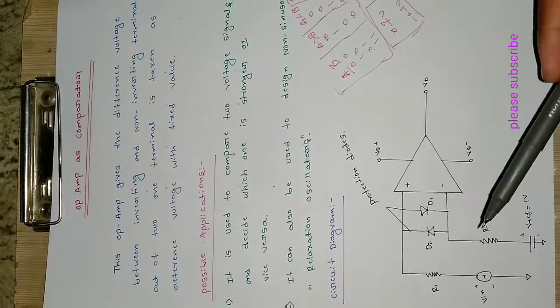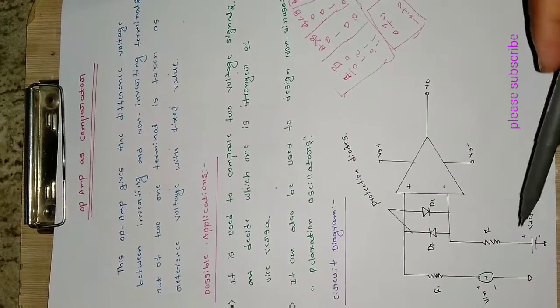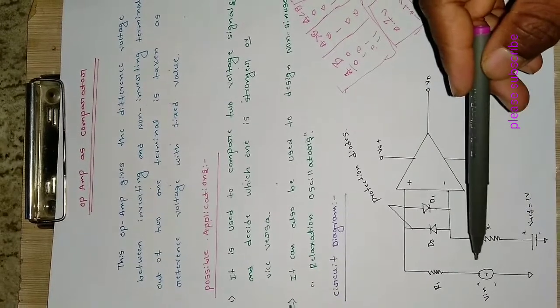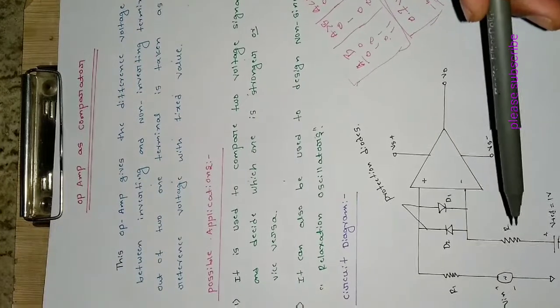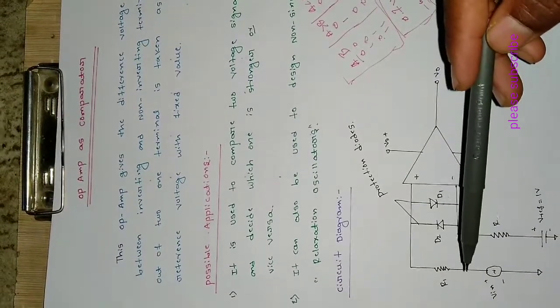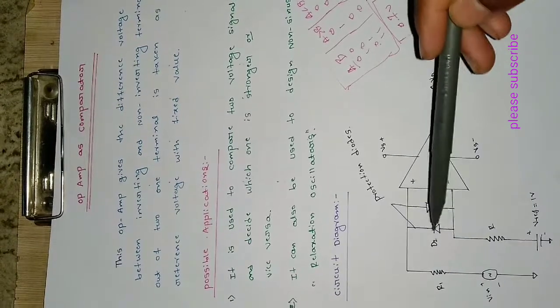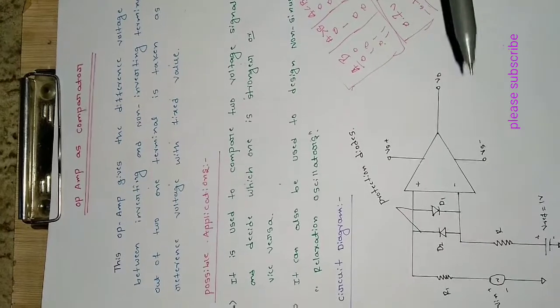Okay, so this is the R1 resistance, and R resistance are used to limit the amount of input current flowing to the operational amplifier. If a large current flows through the op amp circuit, then it will get damaged. To avoid that, basically these two do the same work here. So this will also reduce the current and this will also reduce the current, so double protection is used here.